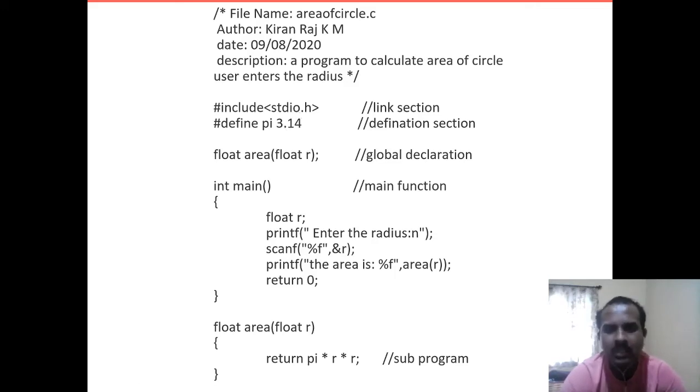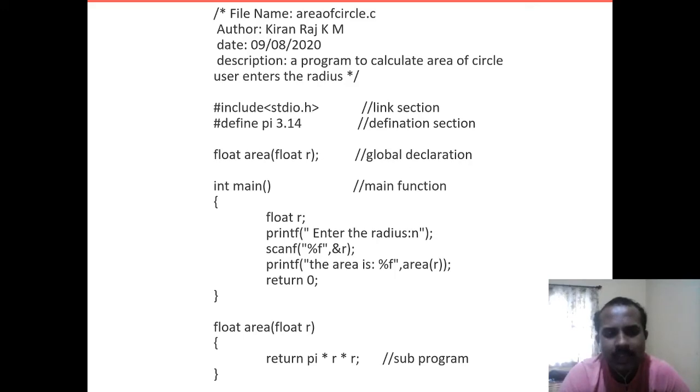So in the link section I am going to attach the header files which are needed for the program to my program. That is why you have the instruction called include. I am including the header file stdio.